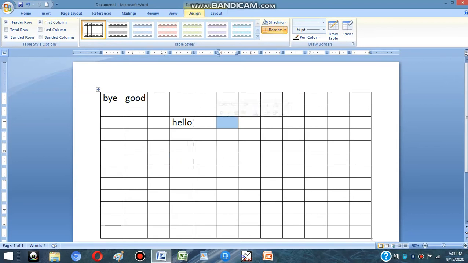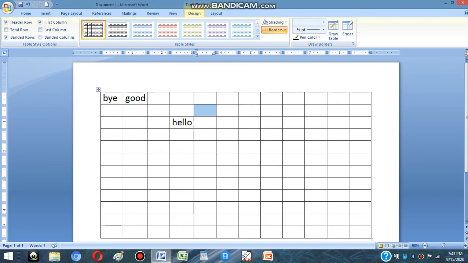Again you can see here, the selected cell appears highlighted in blue color. So to select a single cell, I only have to bring the mouse pointer to the lower left corner of the cell, and when it turns into a black arrow, click on it, and my single cell will be selected.